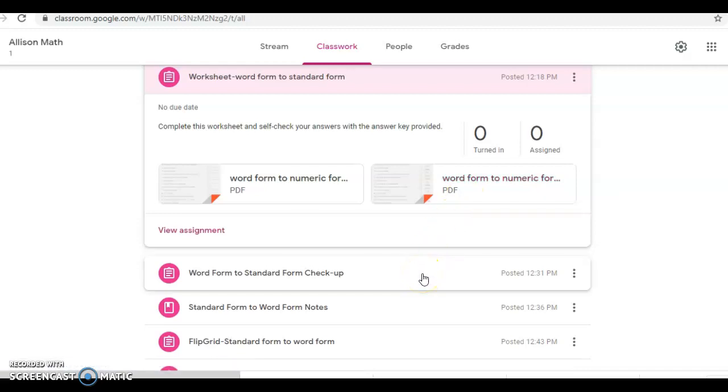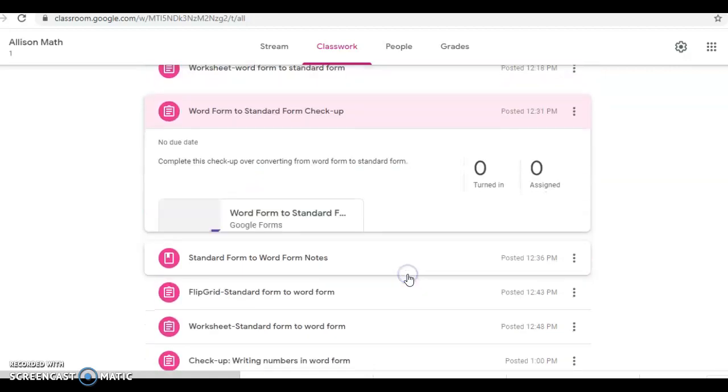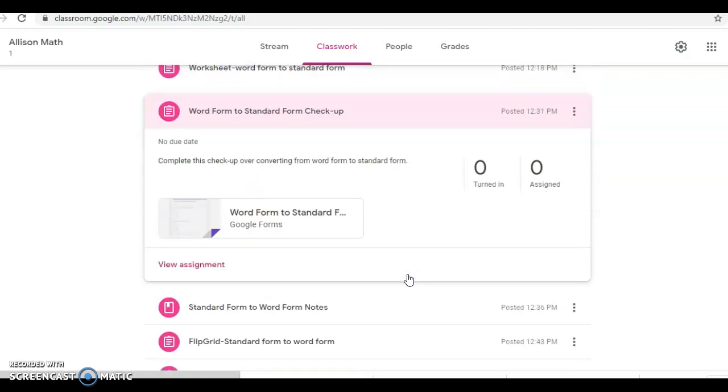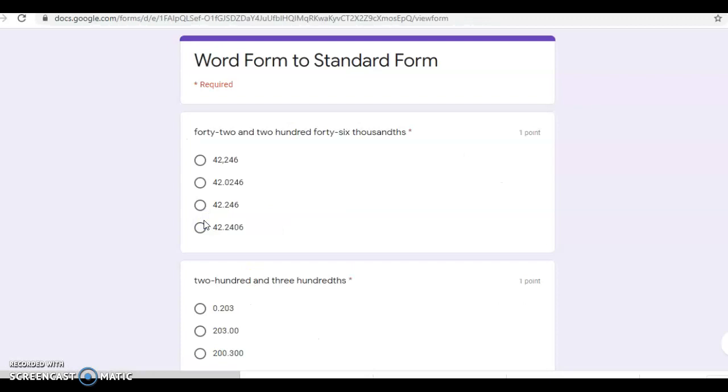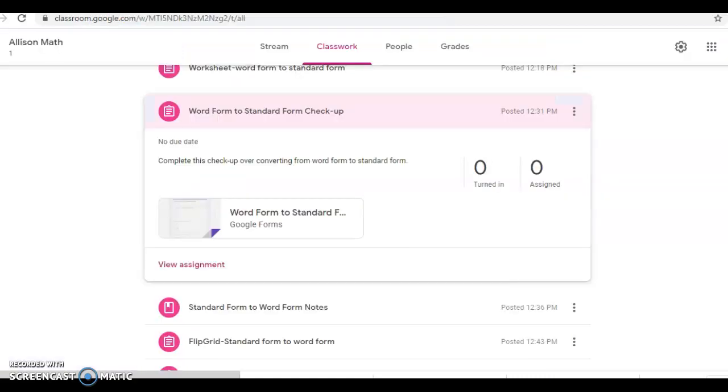After that, I would have some kind of checkup so I can check their progress. And it was really easy to insert a form. So I chose the quiz assignment, and I chose to do a form there. And then after I've checked, I can just kind of monitor their progress,